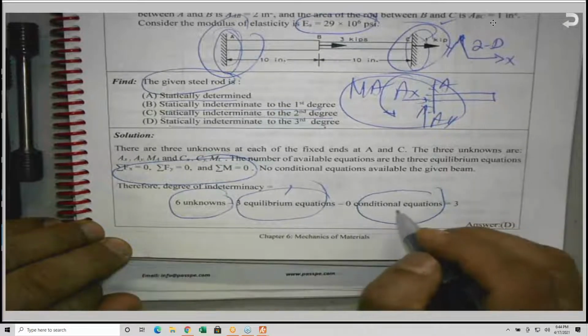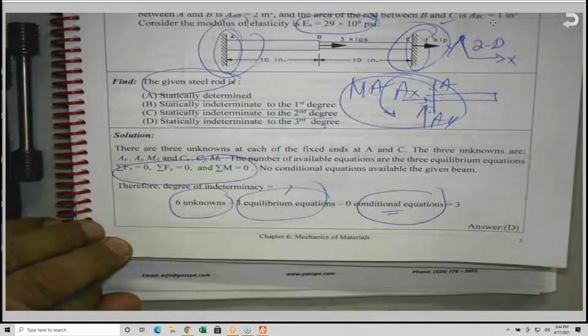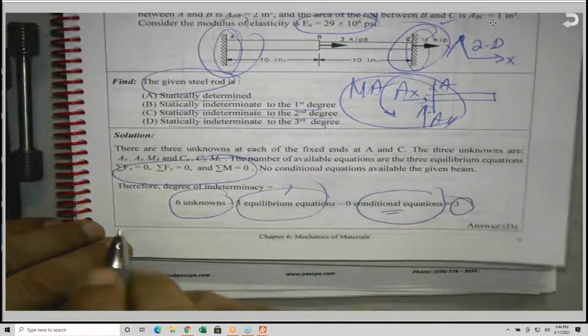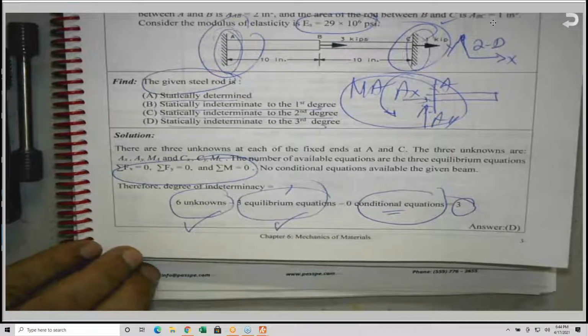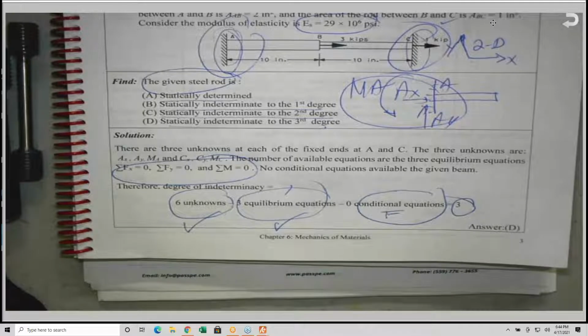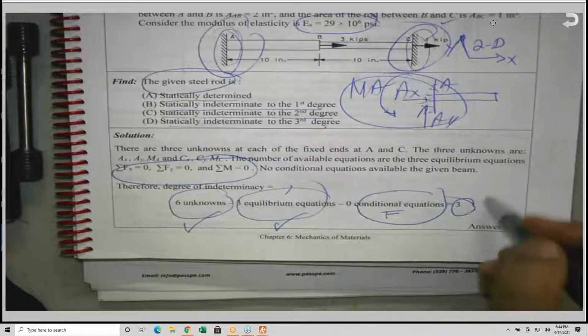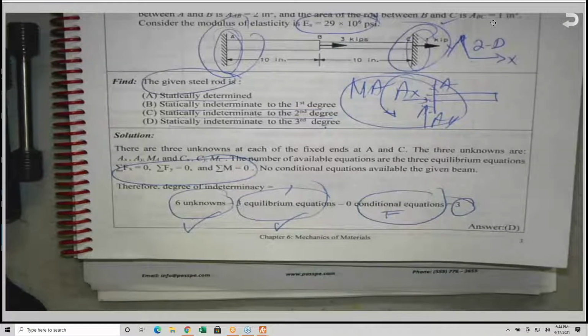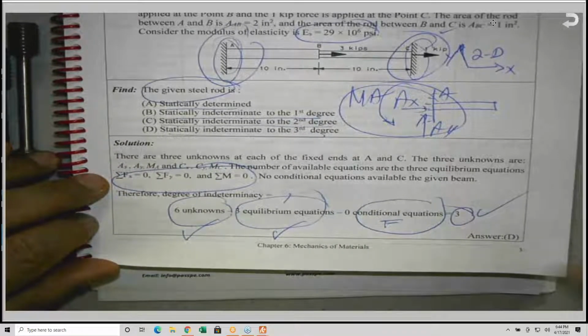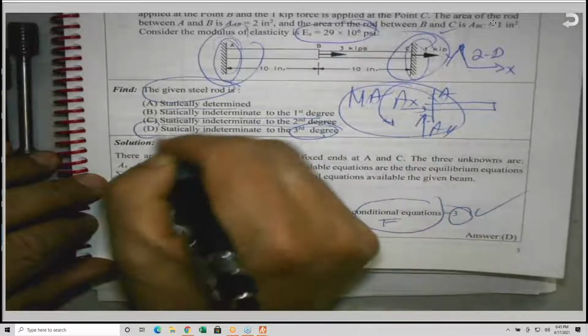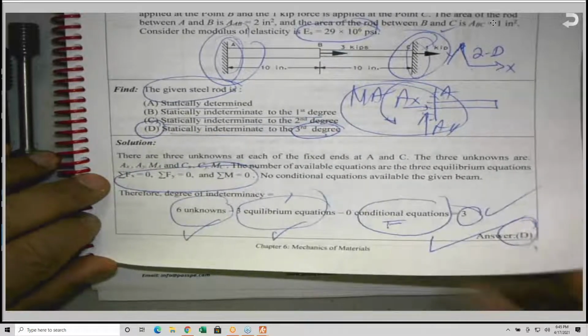I will talk about conditional equations later on. What does it mean by a conditional equation? So basically, the difference between the unknowns and the number of available equations, and whether any conditional equation exists or not, we ended with 3. So this here is statically indeterminate to the third degree, and the answer is D. And we're going to see more. If you flip the page, you'll find